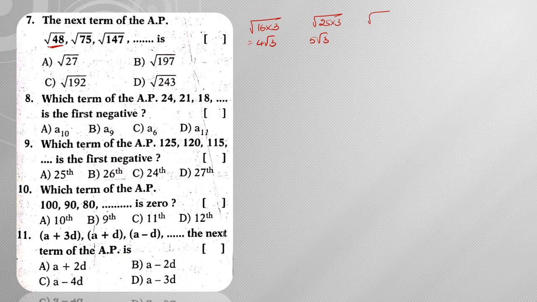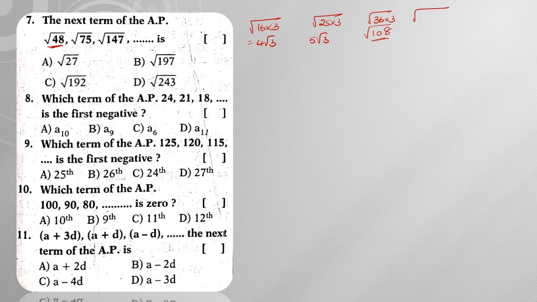Next one will automatically be, let us check, 36 into 3. So is it satisfying? So 4 square, 5 square, next one is 6 square. Then what I am going to get, 6 3s are 18. Next, 3 3s are 9, and then it's 10, right? So I am not going to get 108 here. That means I am not going to get 6 root 3.